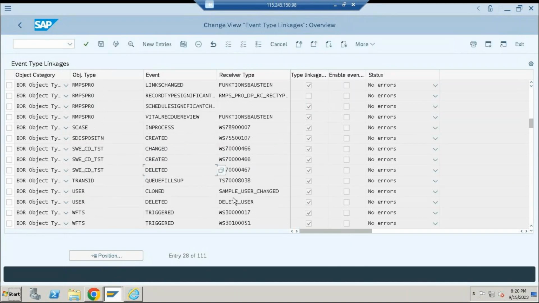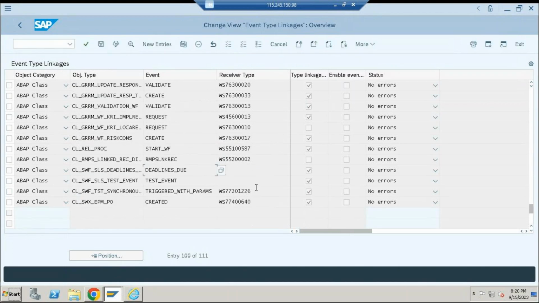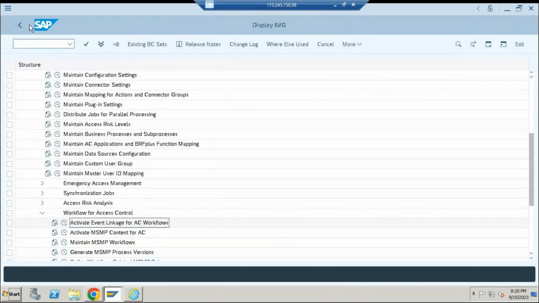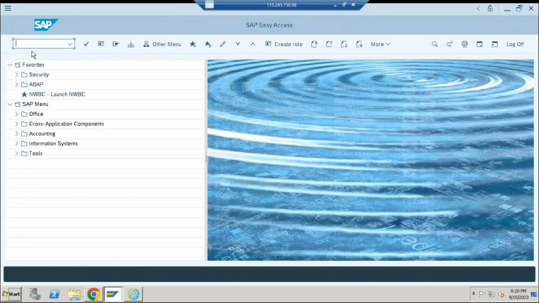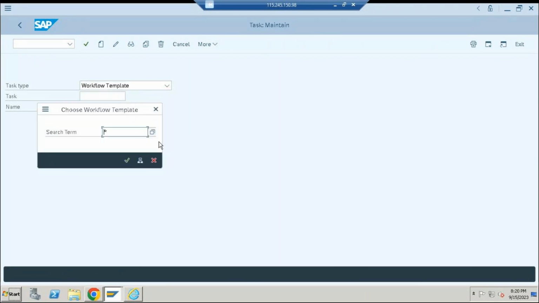So how do we check whether the workflows are in active position or not? In order to check this, simply go to the transaction code PFTC, where we can check the activations of the workflow. Here, go for the option called workflow template. And here, the workflow which we require is